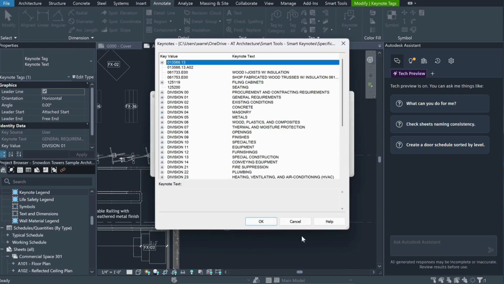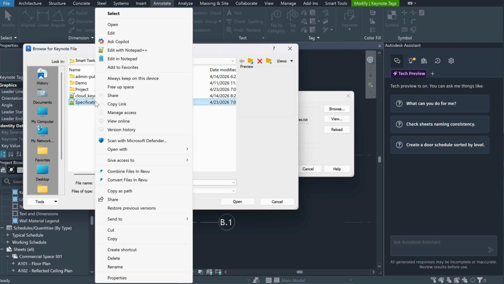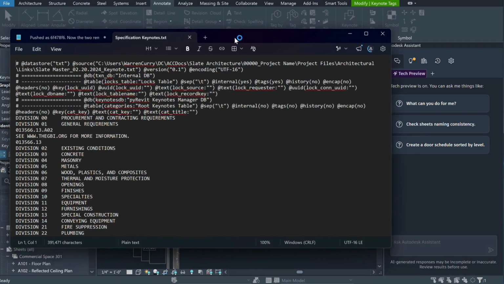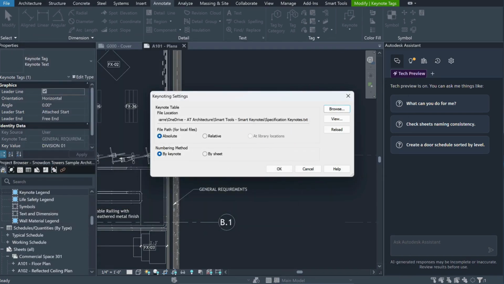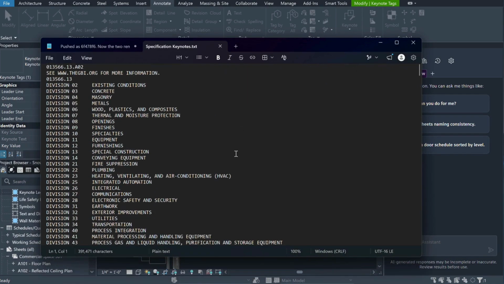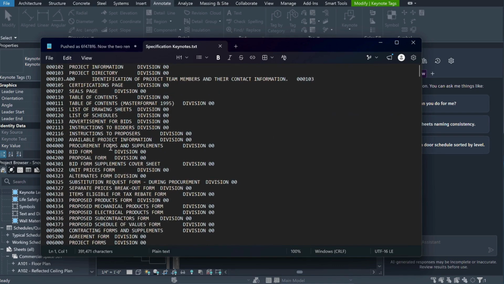But if I want to actually open it and add a keynote, I need to take this keynote file. I'm going to right click on it and edit in Notepad. You can use Excel, you can use Notepad++ or any word editing program, but you need to open up a third-party program. Right here I've opened up my keynote file. You can see here it is. This one right now has everything broken down into divisions. This is loosely based off of an add-in,